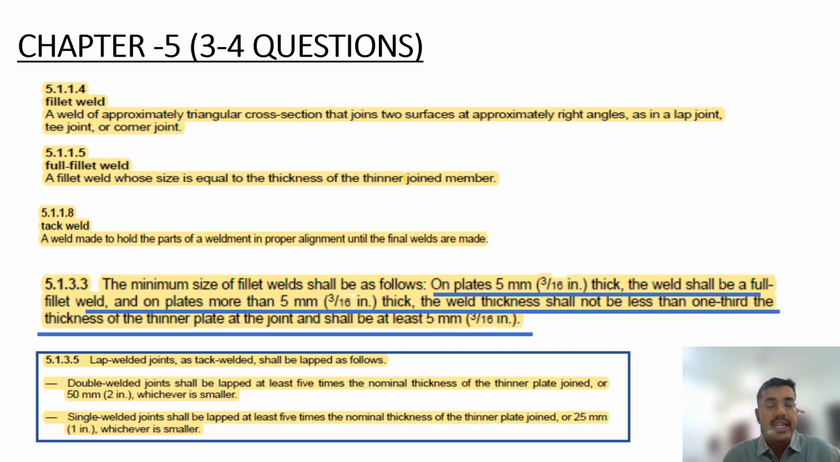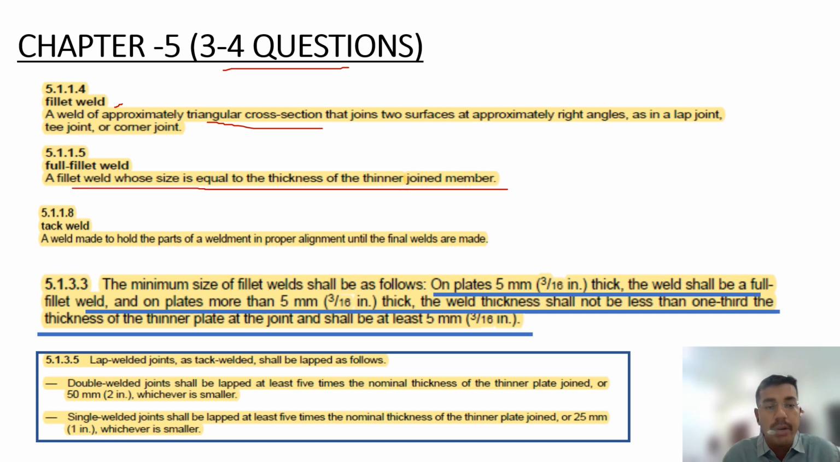So let's start from the design part. In the design, they mention the requirements for bottom plate, shell plate, roof plate, nozzles, openings, attachments. So the design will explain all these things. So for chapter 5, we expect 3 to 4 questions. Let's start with fillet weld: a weld of approximately triangular cross section. These are the definitions. Full fillet weld, a fillet weld whose size is equal to the thickness of the